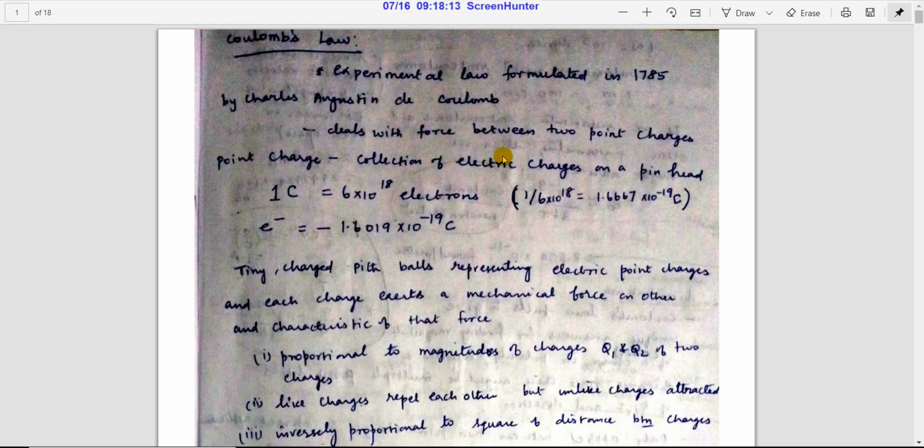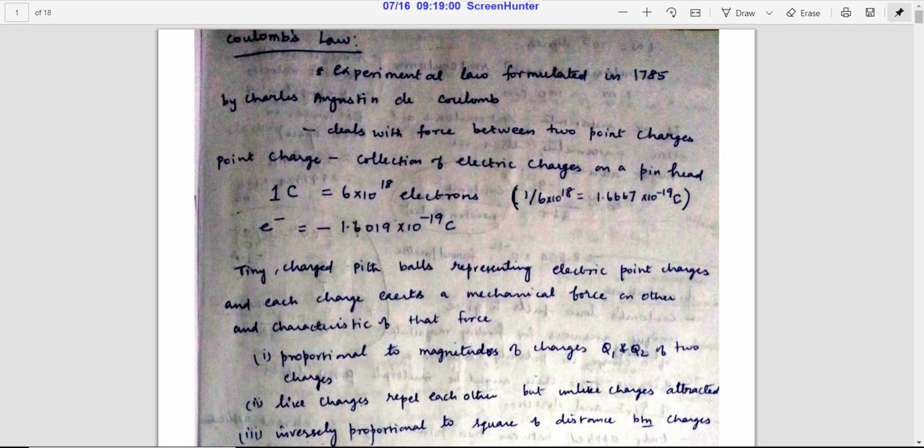Good day to all. Welcome to the second part of the unit 1. The second part will be covering the portion of electric fields, electrostatic fields. In this particular section of the unit, we will be dealing with the electric field, Coulomb's law, then the electric field due to continuous and discrete charge densities, and Gauss law and its applications. So these are all the topics that we are going to cover in this section of the unit.